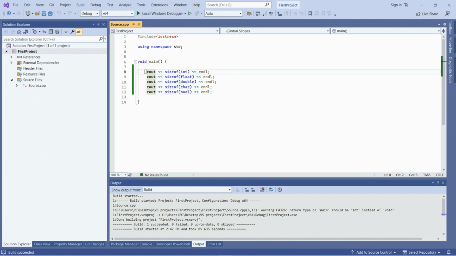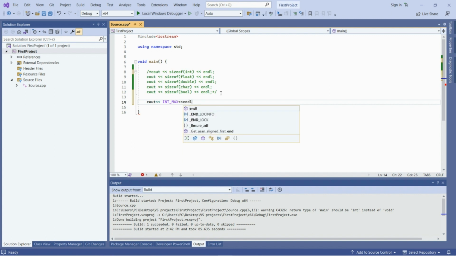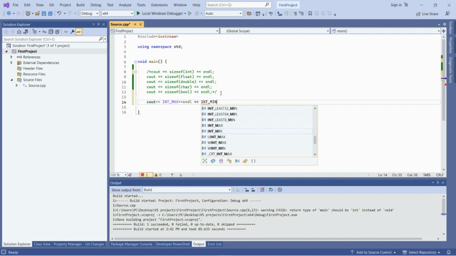You can see the highest and the lowest value of the integer data type. To print it, you need to use all uppercase letters, INT_MAX for the biggest value, and INT_MIN for the lowest value.